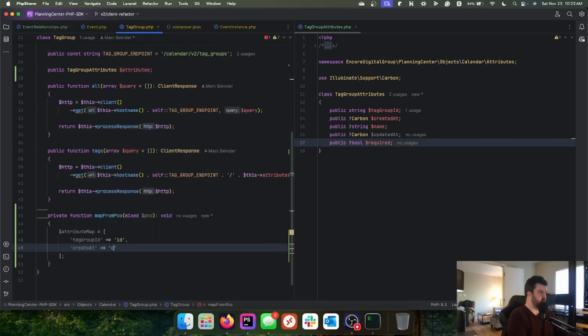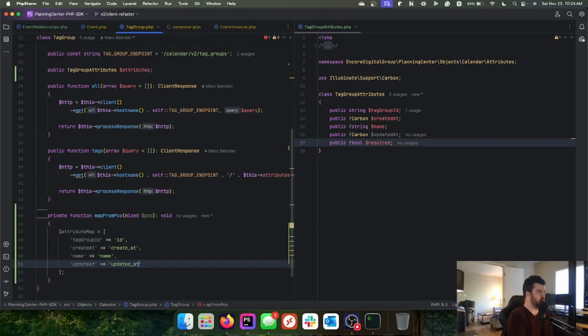The reason we need this is because I do camel case. Planning Center does snake case, and I have opinions. They're strong opinions, loosely held. This kind of sucks to do when it's going to the same field name, but it's a necessary evil. No, I don't really care that they do snake case. But